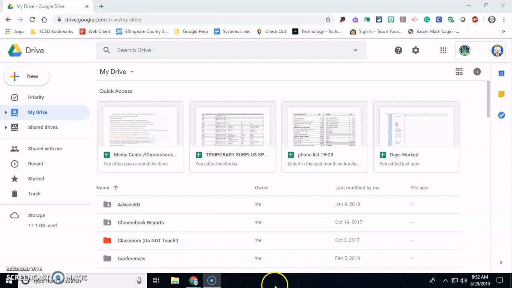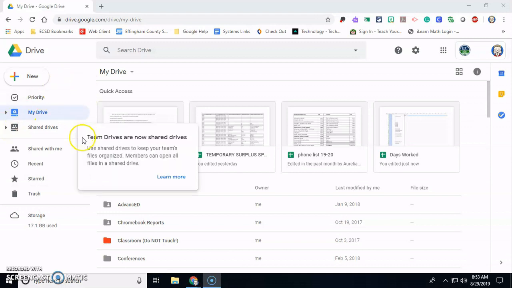In this training session, we're going to take a look at what's new with Google, things that are new within the last year or so, probably since we've met last to talk about Google. Some of the things you may have seen before, some of the things you may have not. I'm going to go pretty fast because I have 15 minutes or less to get all this in, and there's a lot to discuss. So we're going to start with Google Drive, and the biggest thing in Google Drive is